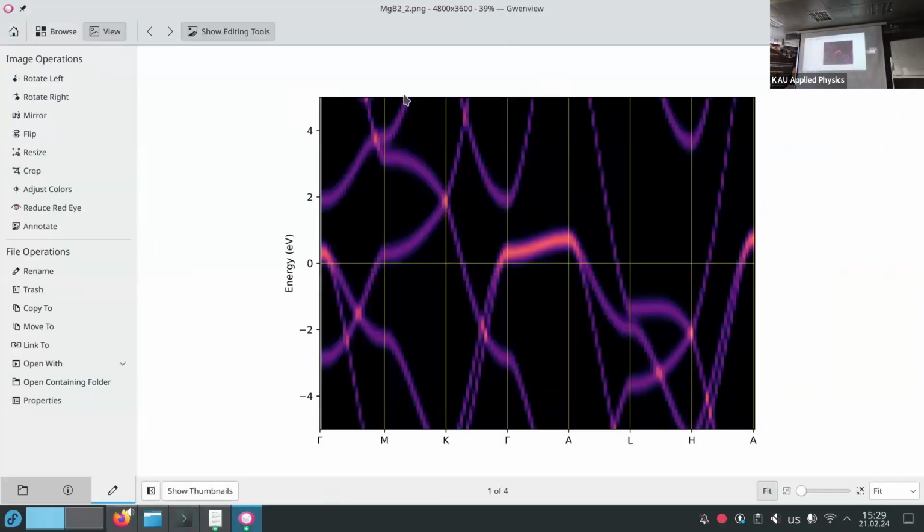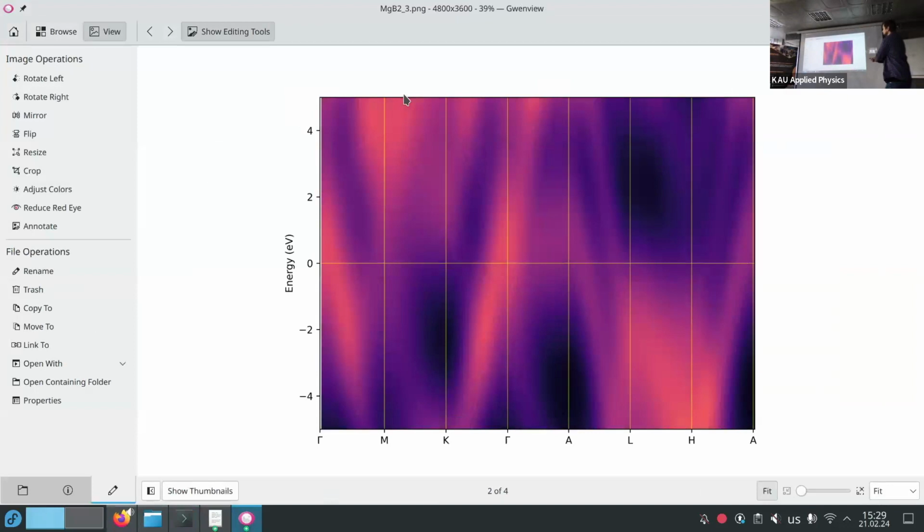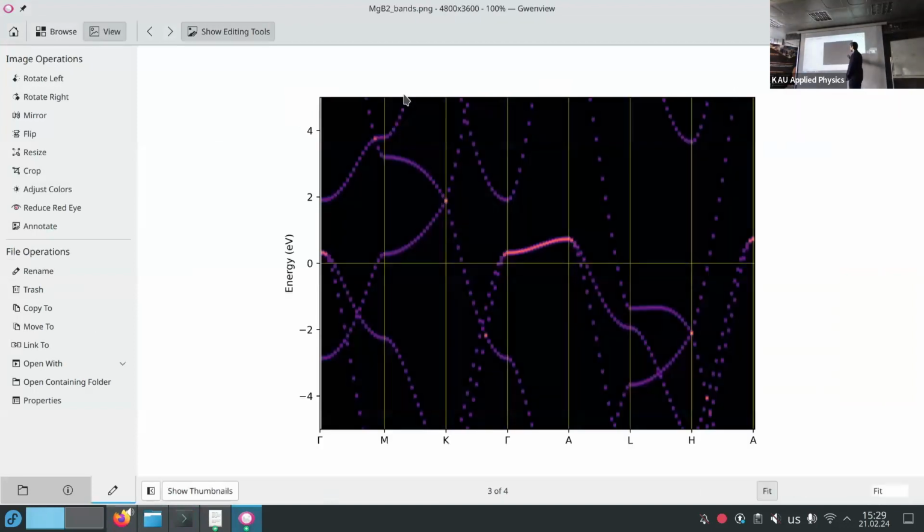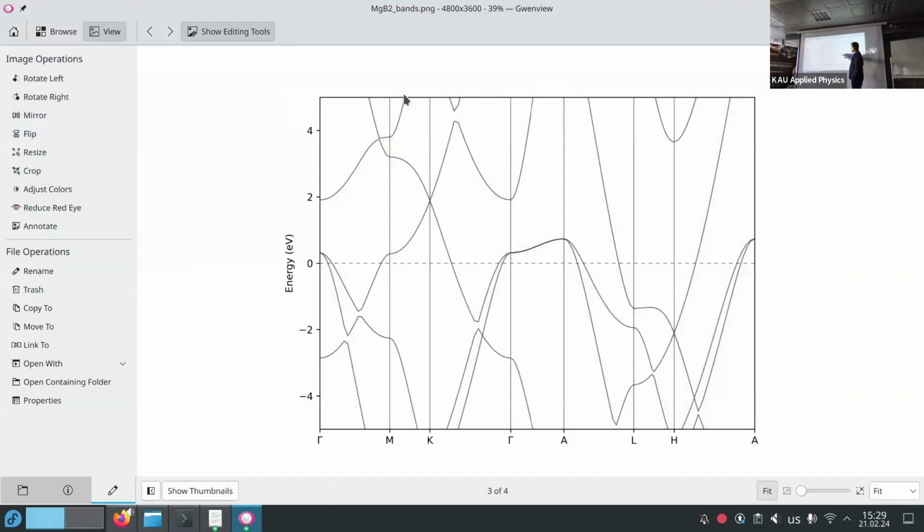So what happens if we create... Okay, start from the first picture, just for the history. You may start from the bands from here. So this is just bands we have created with our usual routine. You see just lines, and these lines show energetic bands of atoms.